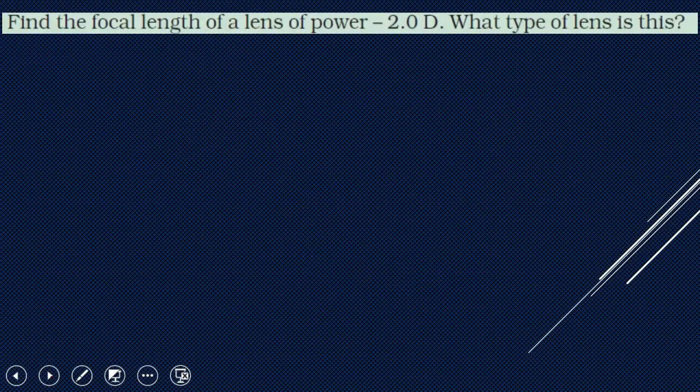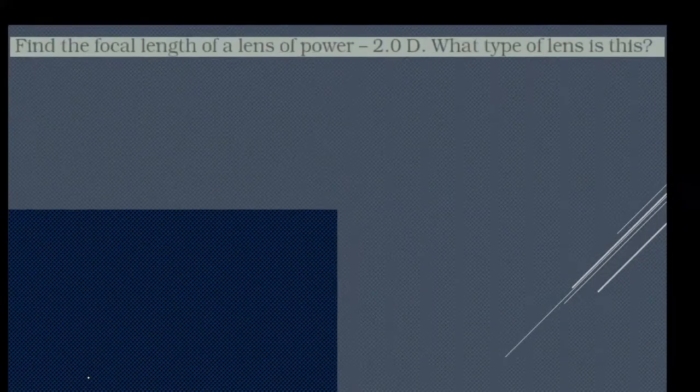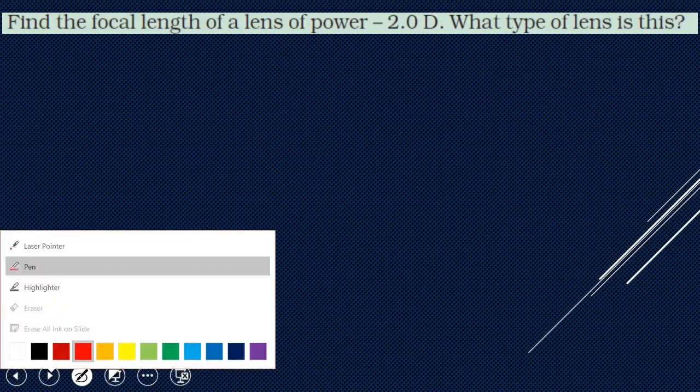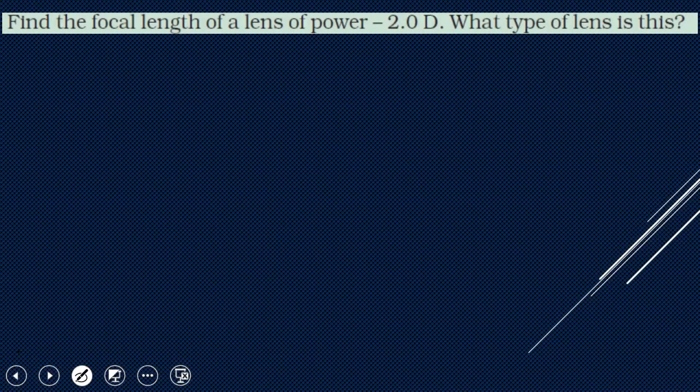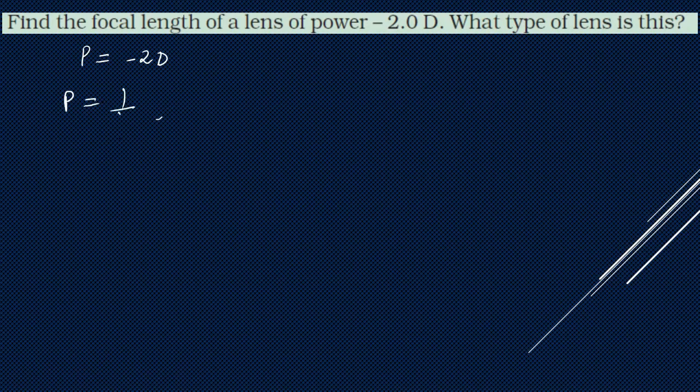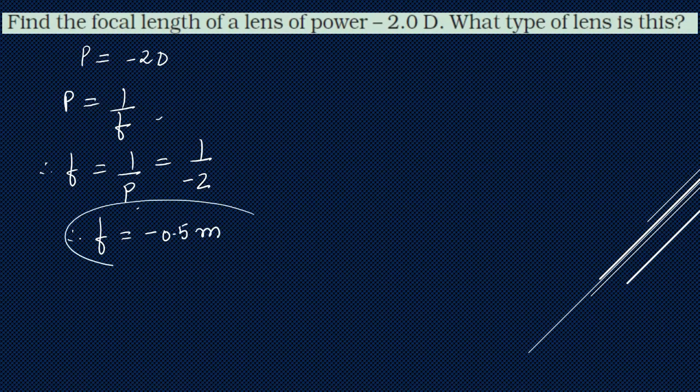Okay, quite easy. Next, we have: find out the focal length for a power of minus 2 diopters. What type of lens is this? We know power is equal to 1 upon f. So therefore, f will be equal to 1 upon p, which is equal to 1 upon minus 2. So therefore, f will be equal to minus 0.5 meters. So as focal length is negative, we can also write this as minus 50 centimeters,